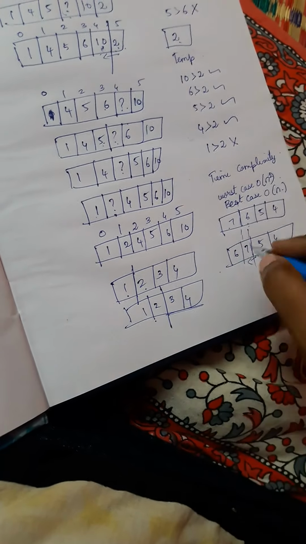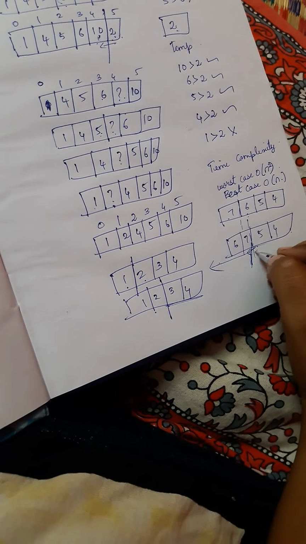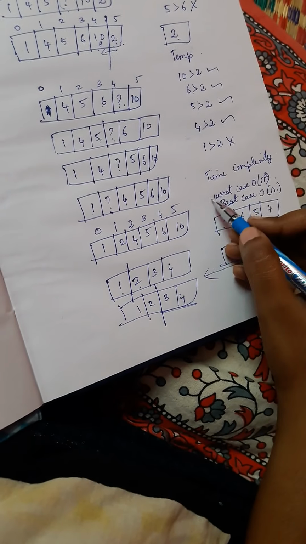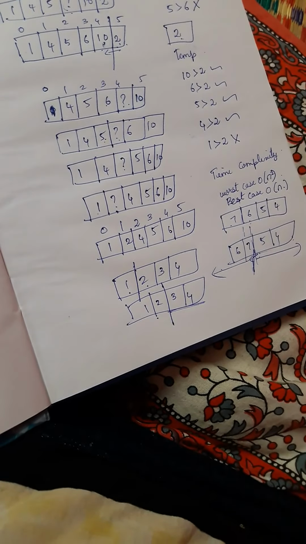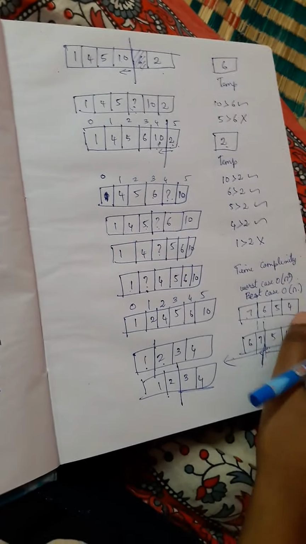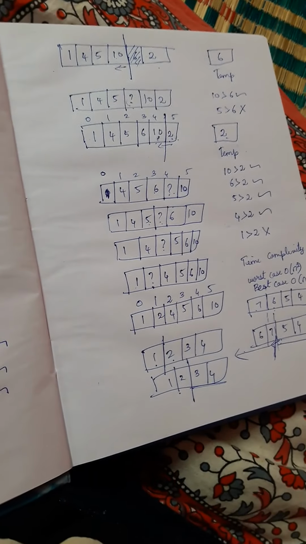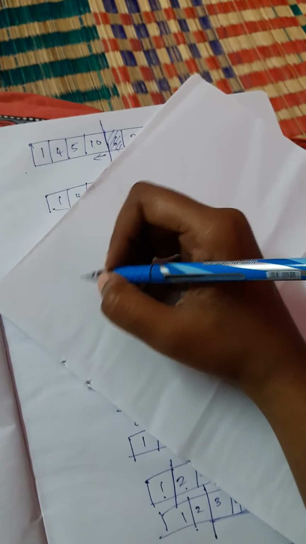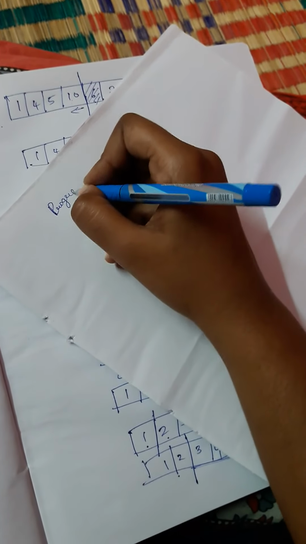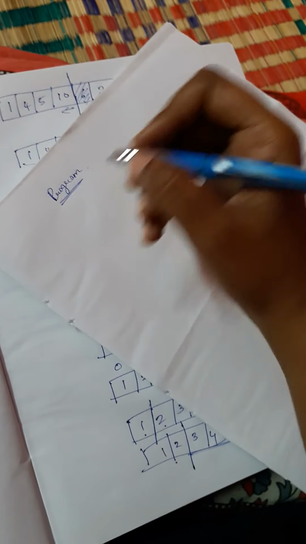But in the worst case we are going to compare all the elements on this side. So that is the time complexity for the worst case and the best case. Next we will see the working algorithm, that is, a program for this insertion sort. We are going to write the program, the routine or algorithm, you can take it as you wish.